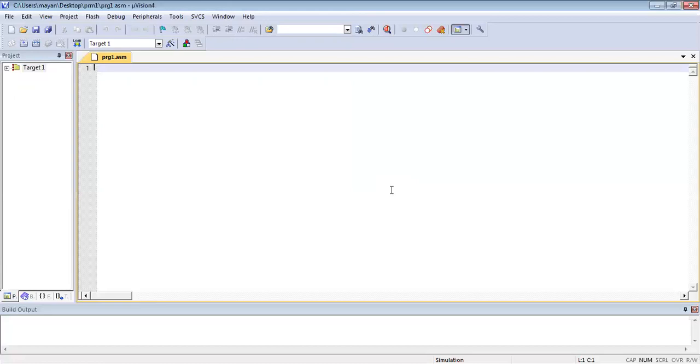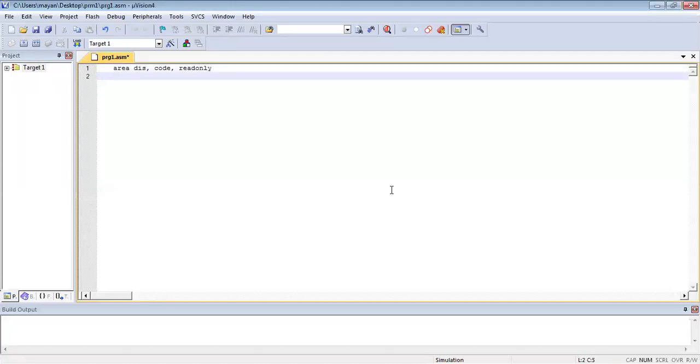The first program is to multiply two 16-bit numbers. The program always starts with the AREA assembler directive, and some name for the program code, then READONLY.